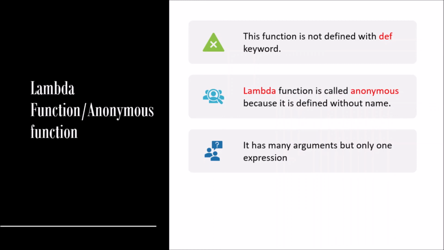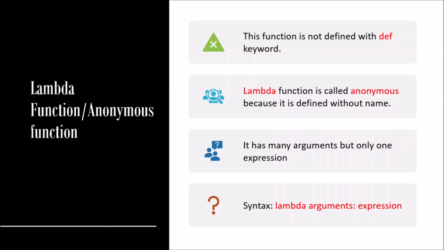You can have multiple arguments, you can pass a, b, c, d, but there is only one expression. Expression means how you are writing a plus b, or a into b into c, a plus b minus c. Such types of expression, only one expression in case of a lambda function. Now what is the syntax of it? The syntax is: lambda is the keyword. You have to use lambda, then give the arguments, then a colon, and write down the expression. So this is how you can declare the lambda function.